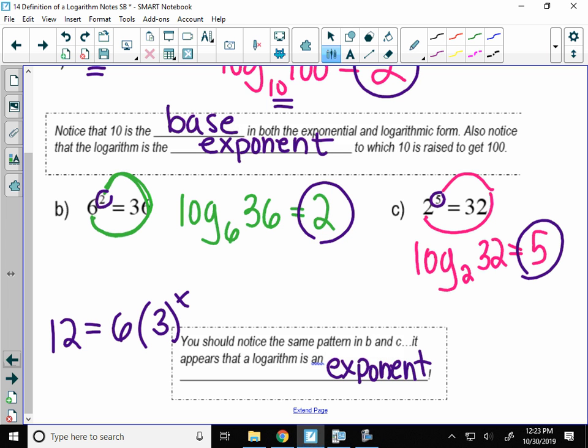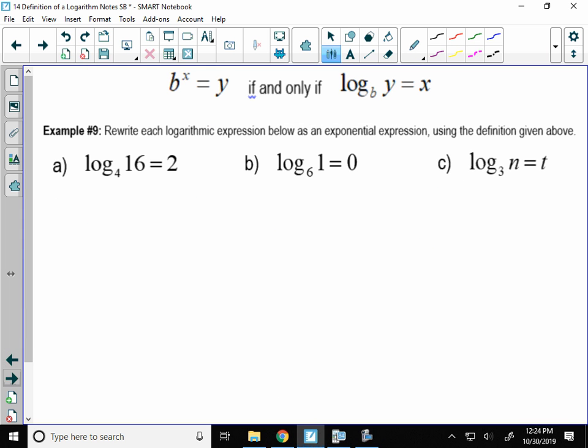Now, as of today, do you know how to get that x out of the exponent? No. We're going to end up using a logarithm to help us. We just still don't know how yet. But that's where this is going. So knowing that a logarithm is an exponent is going to help us out. All right? So we can go the other way now. I can write logarithms as exponential functions. Okay? And this is going to work too.